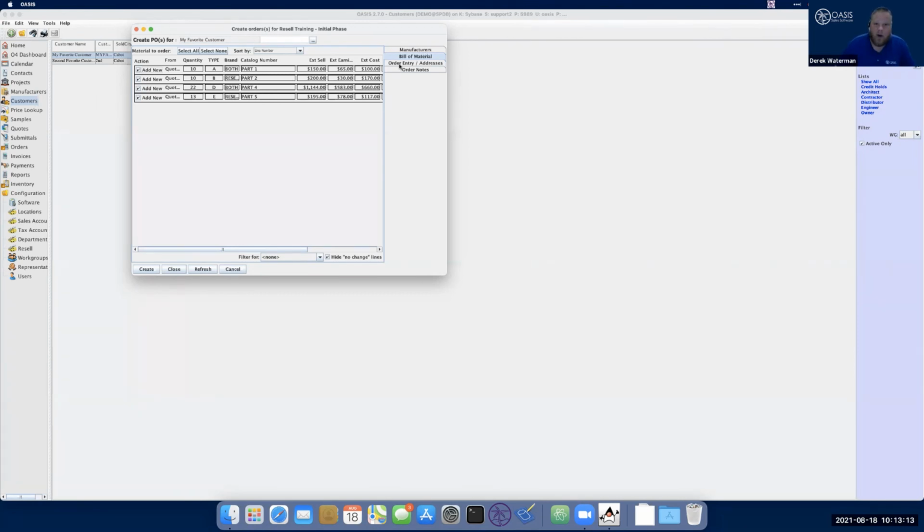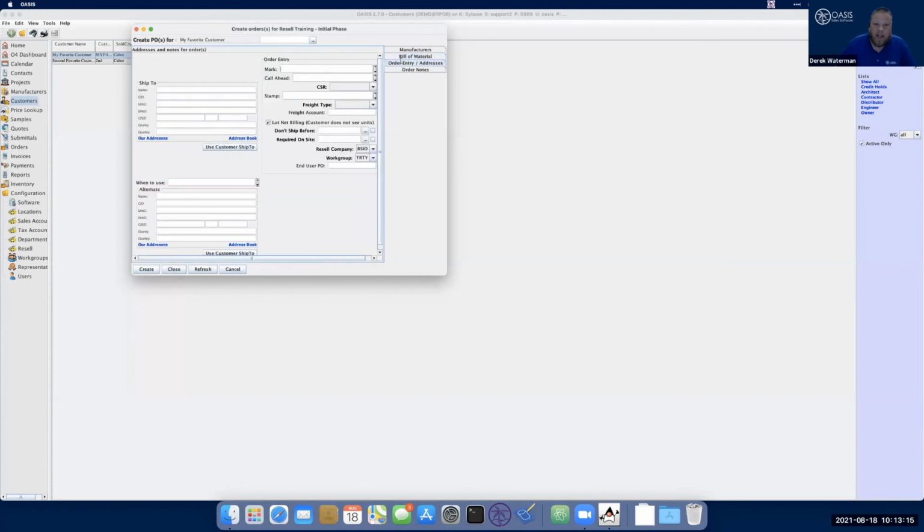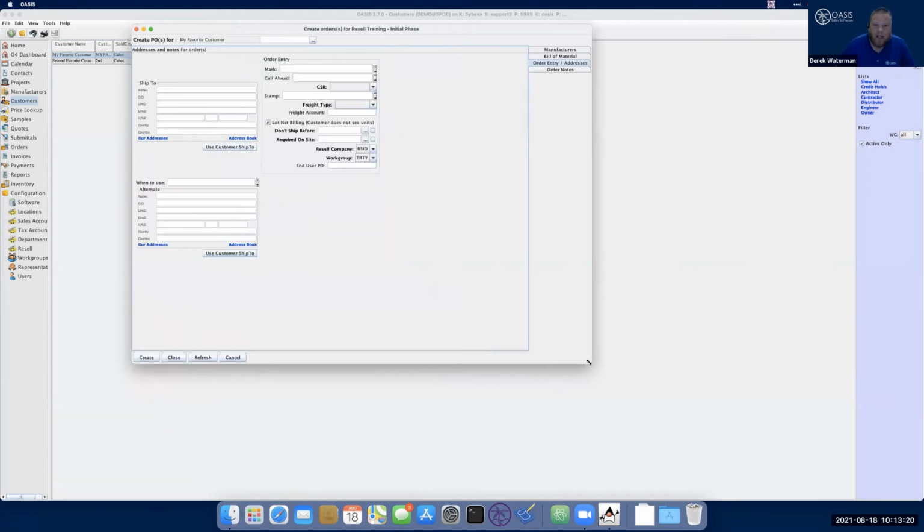Reminder from other webinars or maybe training you've had, anything you enter on this order entry or address page will save you time if you're doing multiple orders. So if I go ahead and do the ship to, the alternate, the order entry, the markings, all this information, when I do the next order, it's staged and ready to go for the next order. I don't have to retype it. You don't have to do it here. You can still type all that information on the PO, but this just allows you to